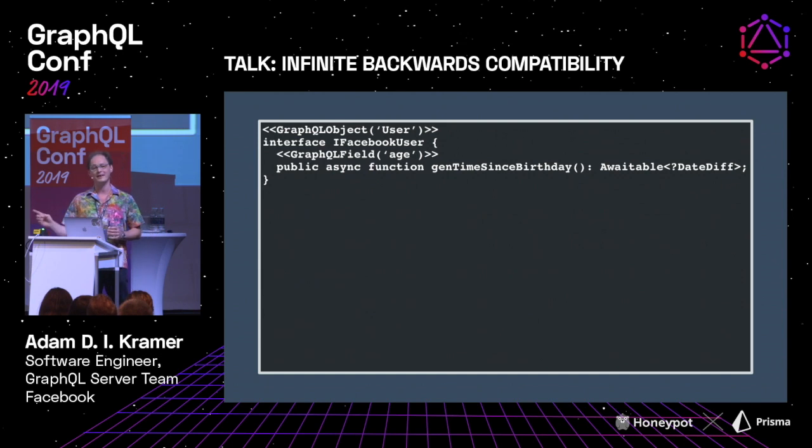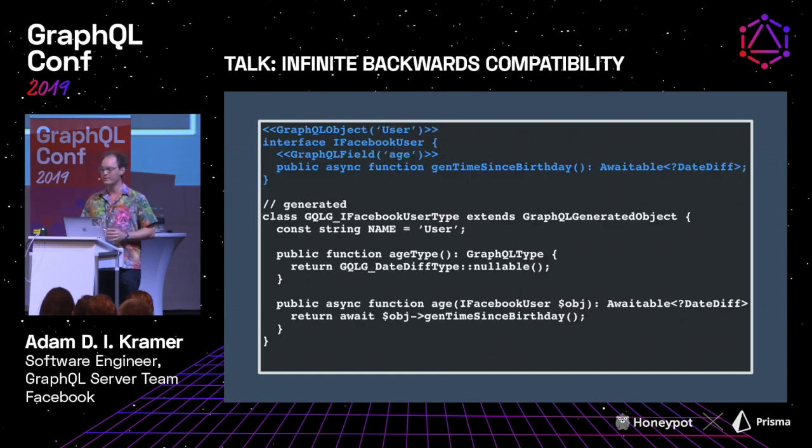What we're doing then, I told you we had a build script before we sync it to the clients. The build script is generating artifacts like this one. So the class below is just a completely independent class that's programmatically generated from the annotations on top of live code. So what we're saying here is that we see the iFacebook user interface turning into the GQLG iFacebook user